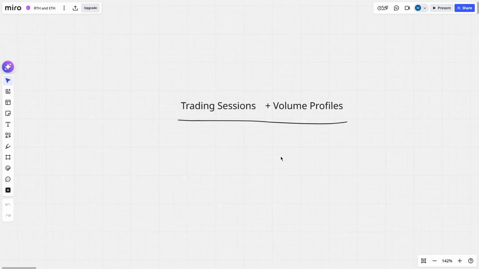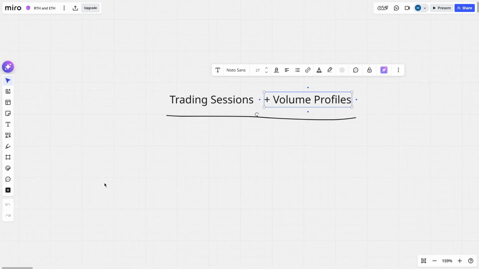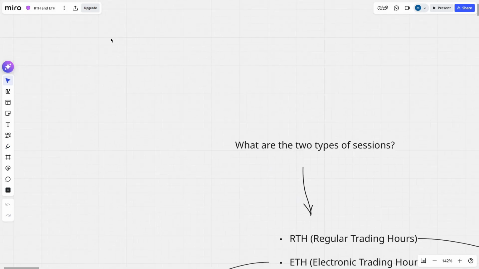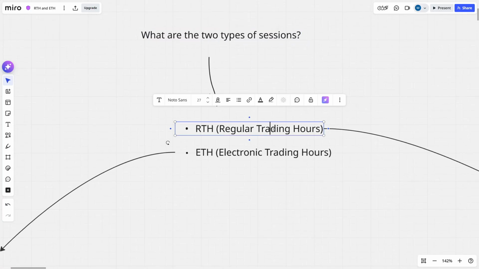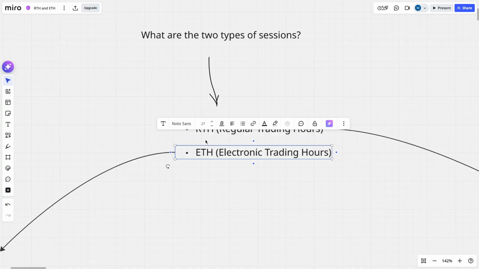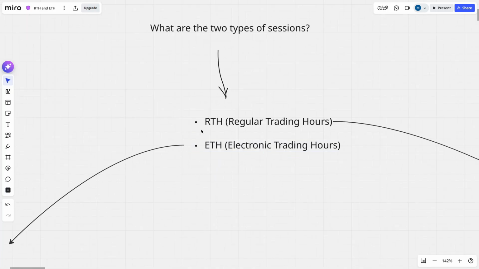I'm going to talk to you about trading sessions and volume profiles today. So, what are the two types of sessions we have? We have regular trading hours and we have electronic trading hours. So, let's break these down further to actually see where they are and what they can provide for us as